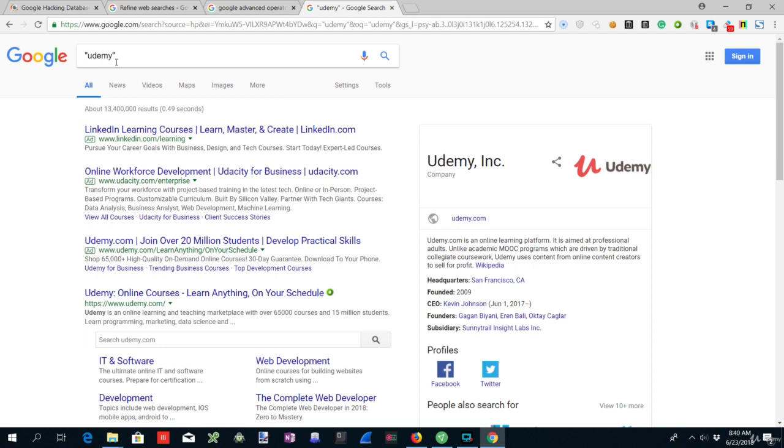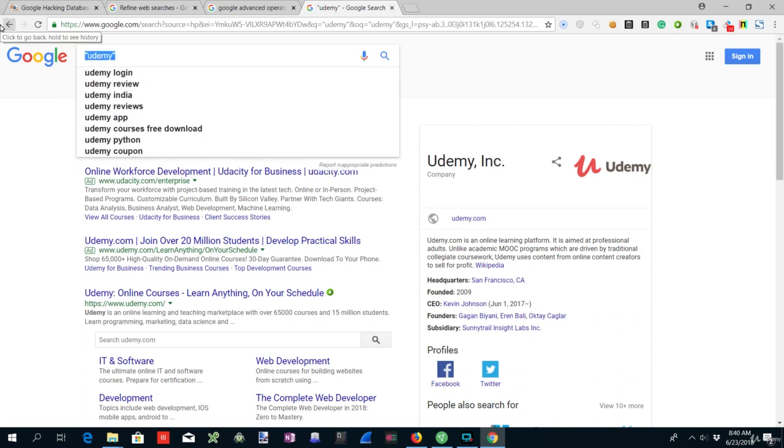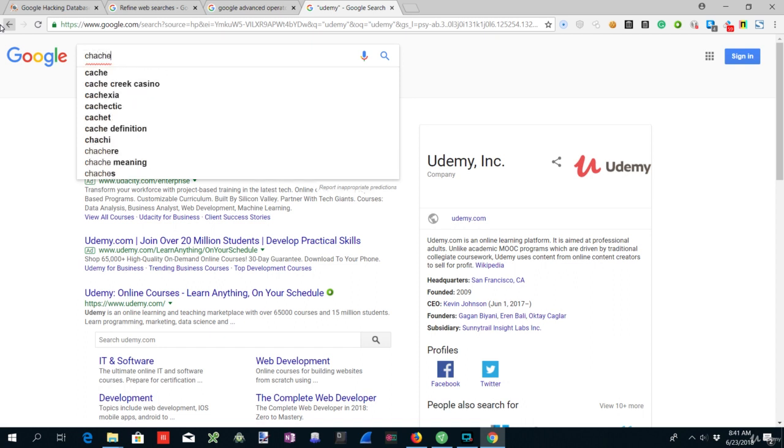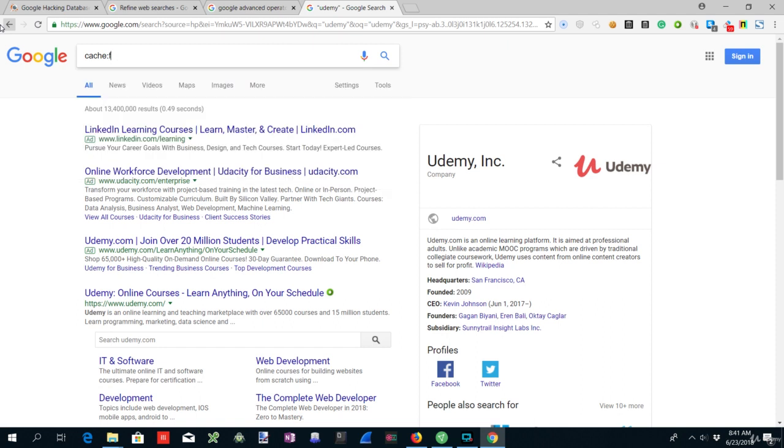Another one you could do is cache. So if you want to look for someone to see if there's a cache page, say you're looking for someone's Facebook page and they deleted something out, Google may have cached that previously. So if I do, say, let me spell that right, cache colon, let's do